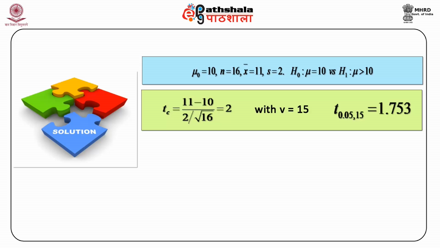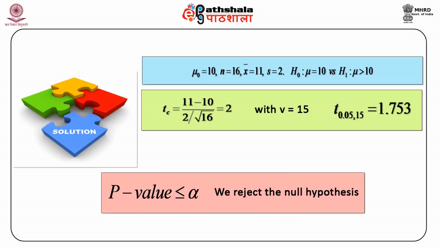The p-value approach to testing can also be used. For this, we would require a separate table that gives the t-curve tail areas. This table too gives tail areas for the upper tail of the distribution only. Since it is a symmetric distribution, the lower tail area for minus T alpha, nu is the same as that for T alpha, nu. For the two-tail test, you would have to take twice the value given in the table. Once the p-value is found, we reject H naught if the p-value is less than or equal to alpha. If the p-value is greater than alpha, we cannot reject H naught at alpha level of significance, and the null hypothesis